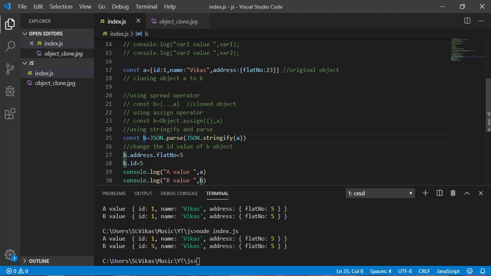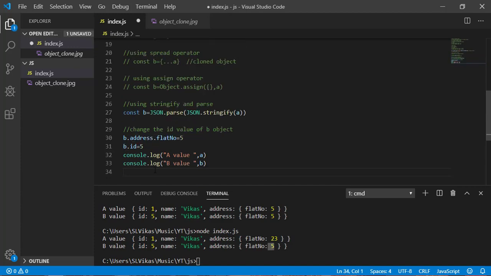If you are making a copy like this, these changes will reflect only to the cloned object, it will not reflect to the original one. So now let me do this. As you can see here, I am trying to change here, so it's changing here only. Okay, so this was the third approach. Okay, this was all about the object. So let me comment this line.